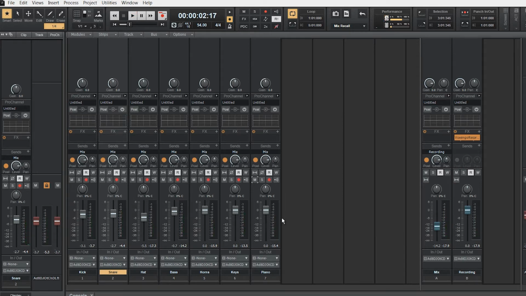It's not in the red, and I didn't do this intentionally for this tutorial. Actually, I wanted to have something in the red. But basically, if you have something in the red, you want to make sure that you fix it. It doesn't matter what kind of instrument it is, just get it out of the red, all right?